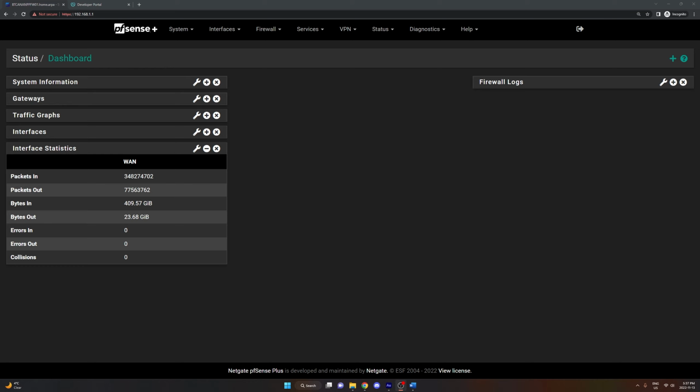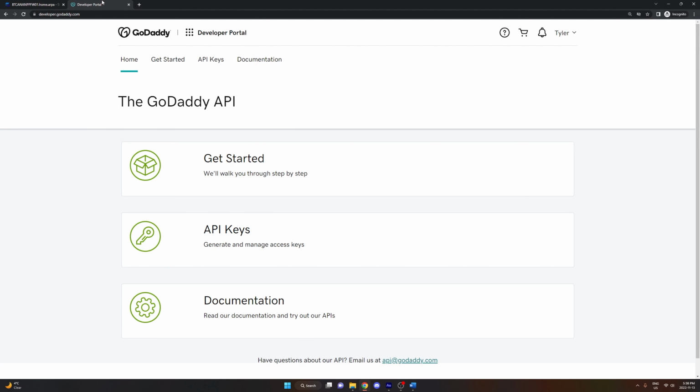Before we get started, there are a couple requirements. We are going to need a GoDaddy account with a valid domain, pfSense, as well as an IP check service enabled in pfSense. If you're not sure what an IP check service is, don't worry, there's one enabled by default. So first thing we need to do, we need to head over to the